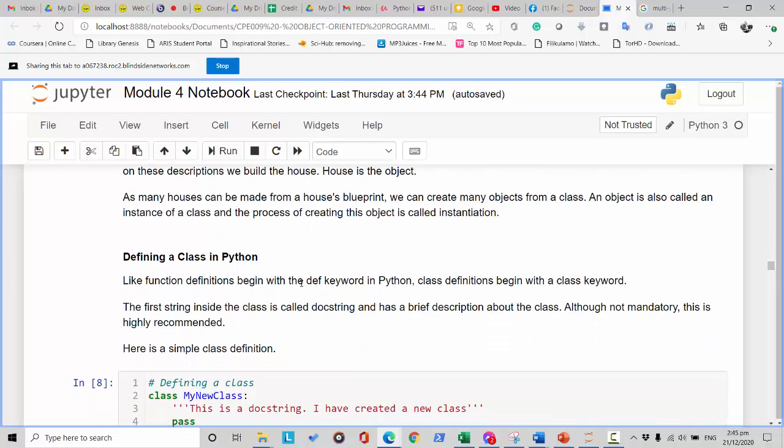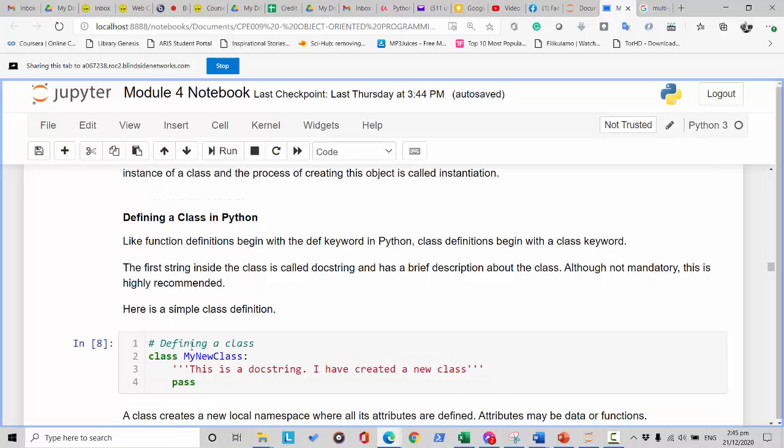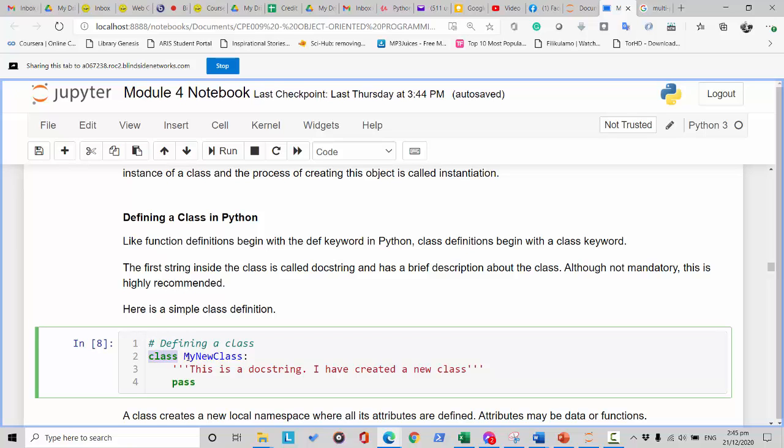Now, in defining the class, this was discussed a while ago. Like functions, whose definitions begin with the def keyword, the class begins with the class keyword. So the first,